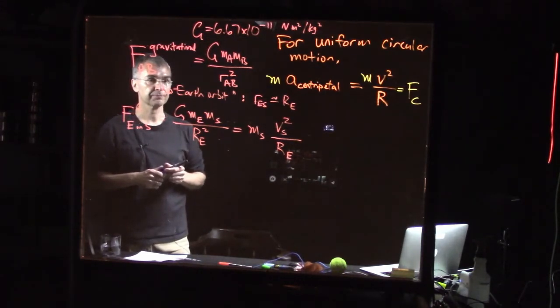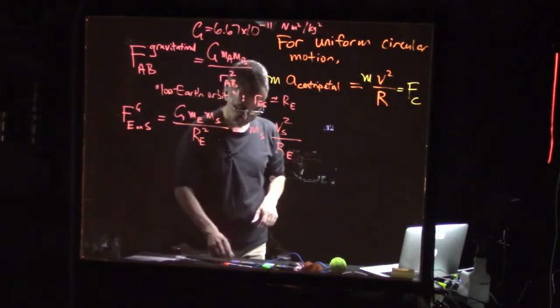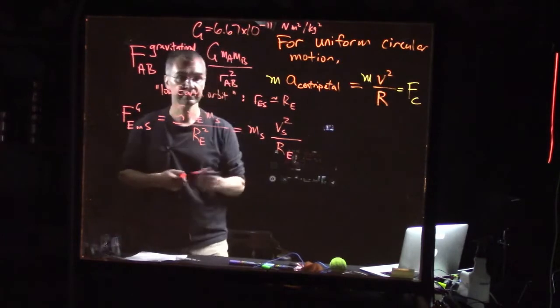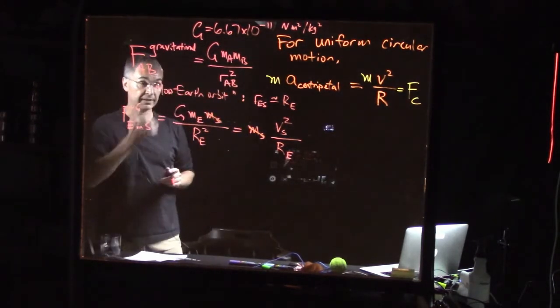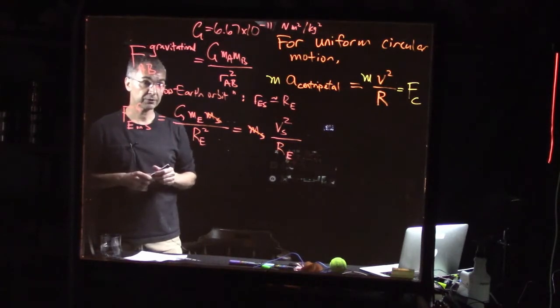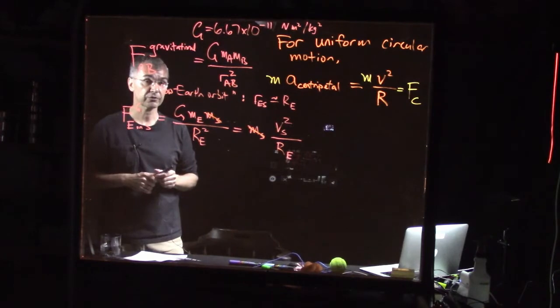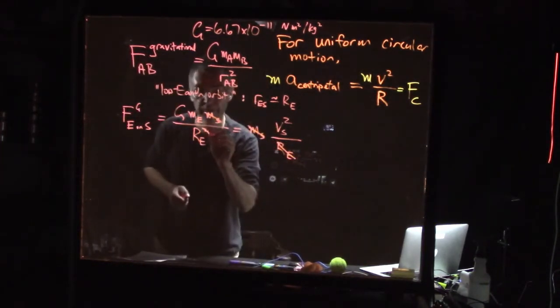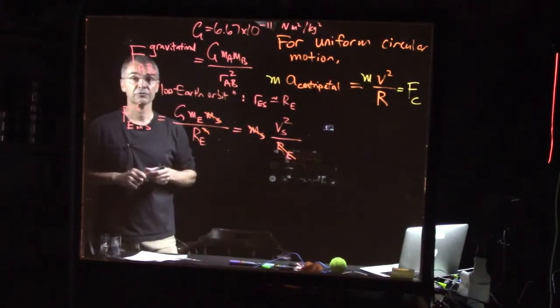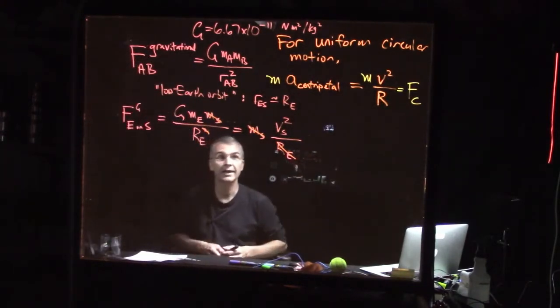And if we do that, so now you can notice that the satellite mass cancels out, and we could get 1 power of Earth's radius to cancel out. I guess we could do that. Okay, that's what the heck. So we'll cancel out 1 power of Earth's radius, and